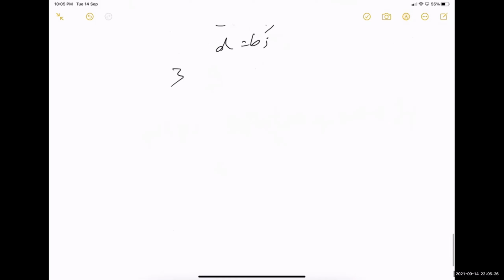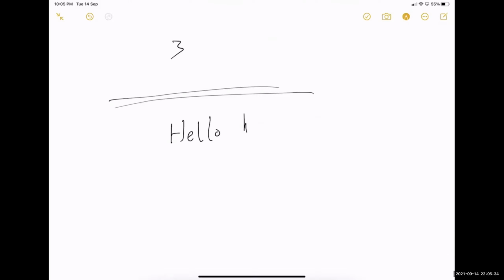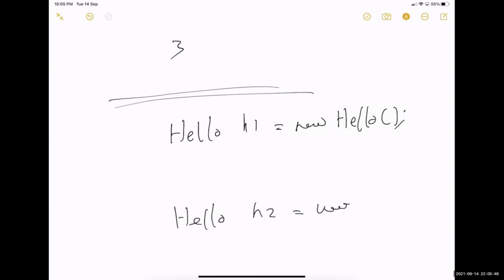And when I create an object for this class, I can create it in two ways. Either I can create it as Hello h1 equal to new Hello, or I can say Hello h2 equal to new Hello of 10, 20.